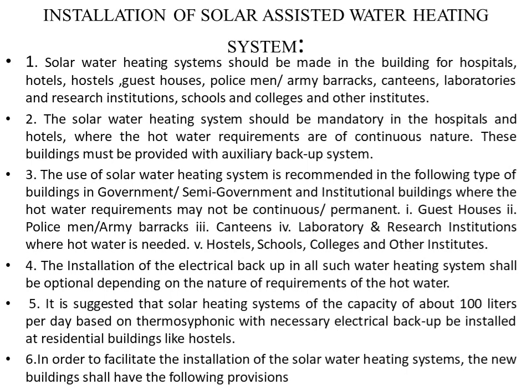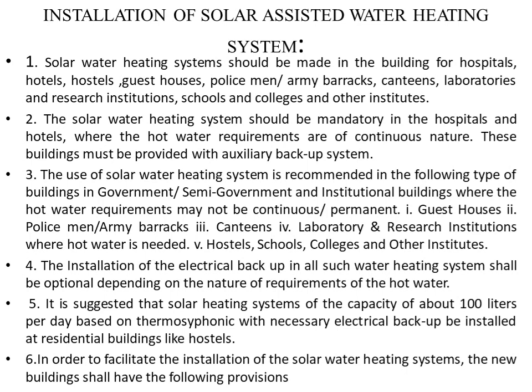The use of solar water heating system is recommended in the following type of building in government, semi-government, and institutional buildings where the hot water requirement may not be continuous or permanent, such as guest houses, policemen army barracks, canteens, laboratory, and research institutions where hot water is needed, hostels, schools, colleges, and other institutes. The installation of electrical backup in all such water heating systems shall be optional depending on the nature of requirement